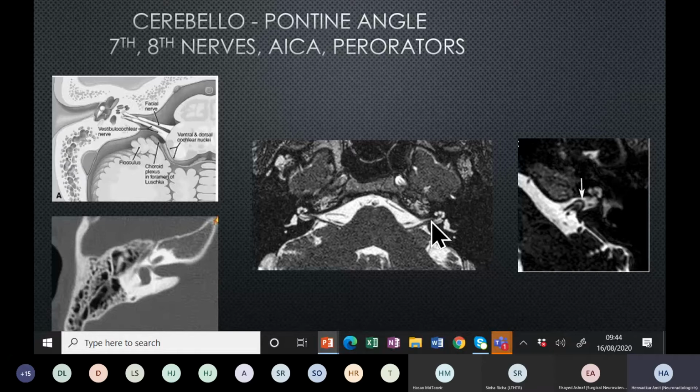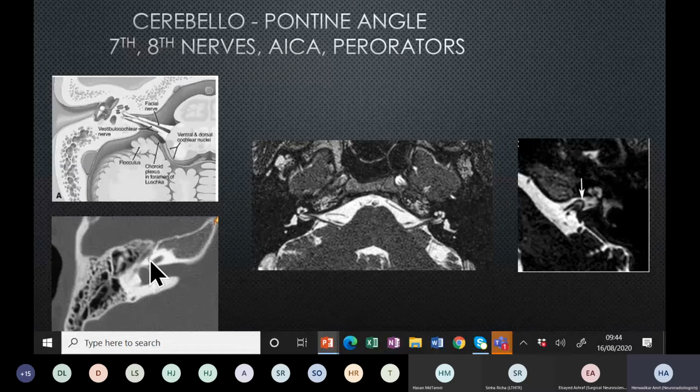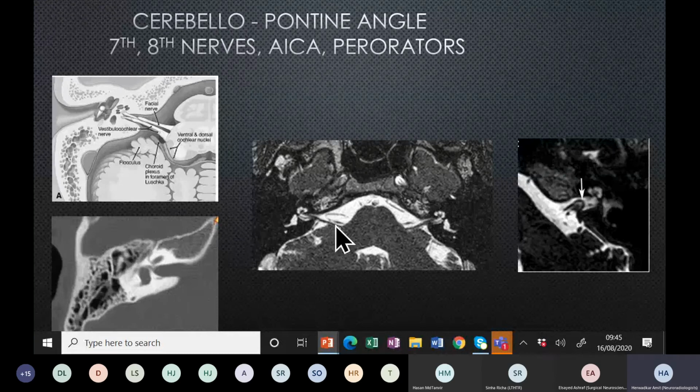So these are the vestibulocochlear nerve apparatus. And this section of a CT scan is to show you another very important structure, and this is the facial nerve canal, which contains the facial nerve. So the CP angle system not only contains the seventh, eighth nerve complex, the eighth vestibular and cochlear nerve, but also the seventh nerve. So this complex is a seventh, eighth nerve complex, and the artery, which characteristically you see